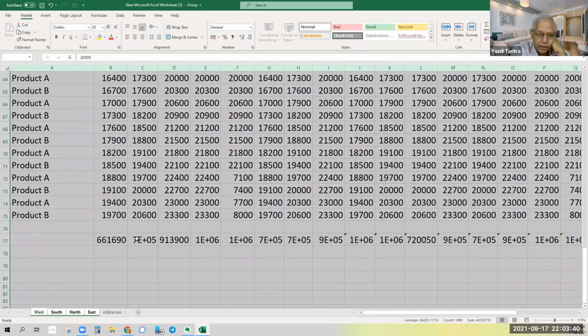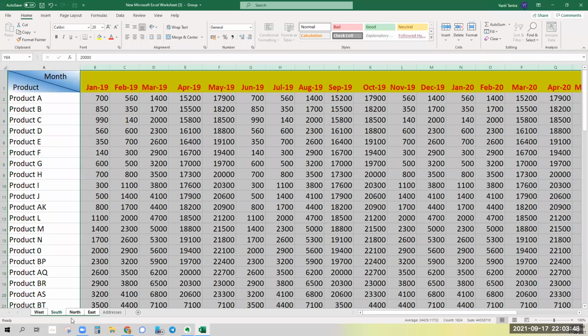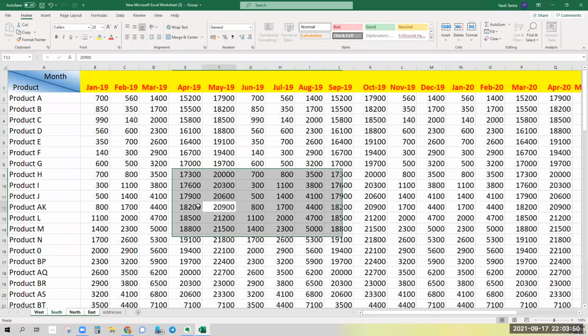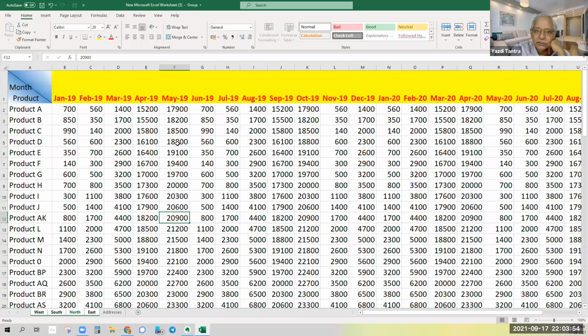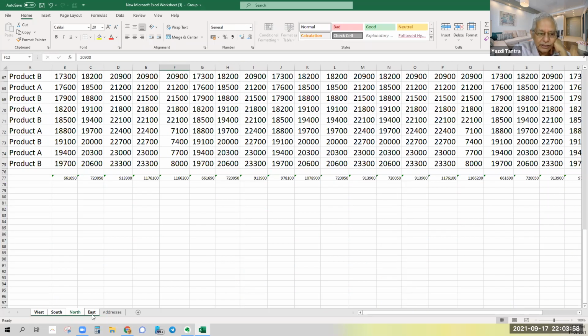Now this is in west. Now see, when I go to the other sheets, all my totals are there. North, all my totals should be there. Okay, again the format of the cell is not proper, but that's okay, because this was not in the original size.